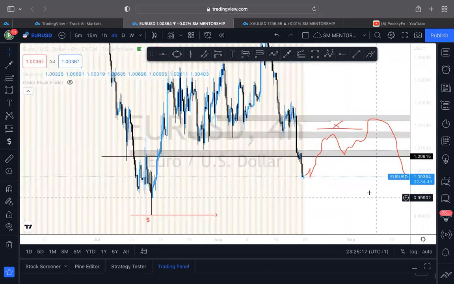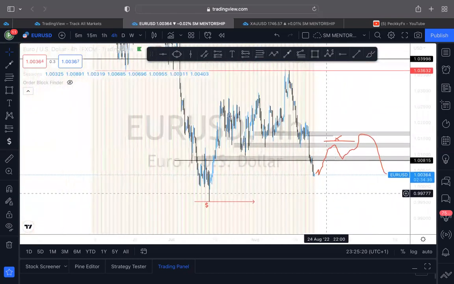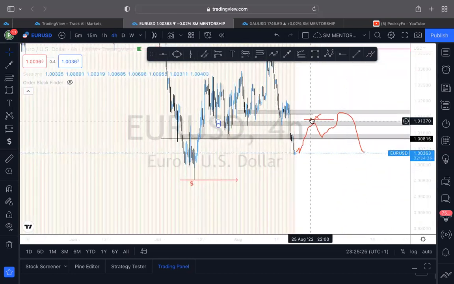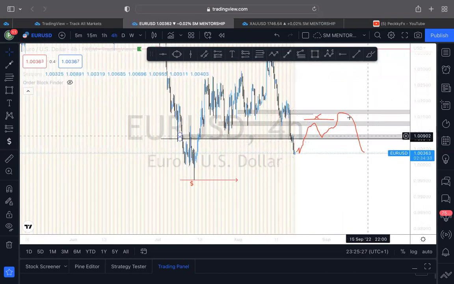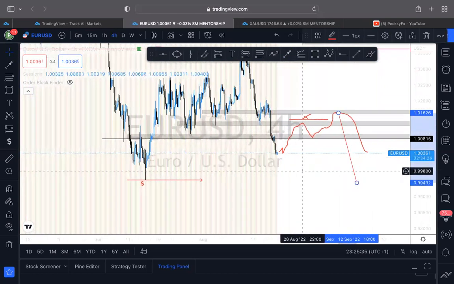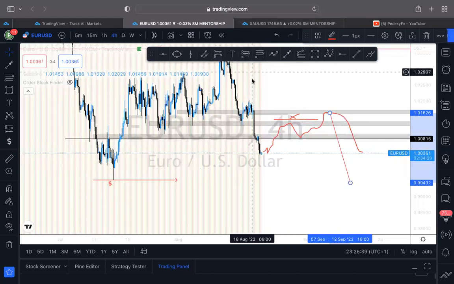Okay, so these are the points you have to watch out for this week. You have to watch out for this level this week, the retest, then continuation to the downside to take out this liquidity right here, to take out these lows right here. Okay, so this is my projection on Euro USD. All right, so the next one